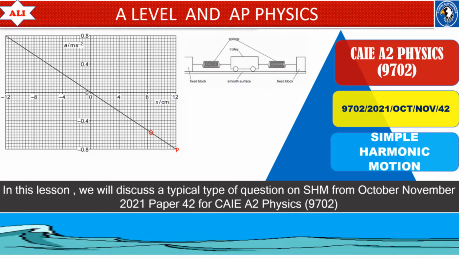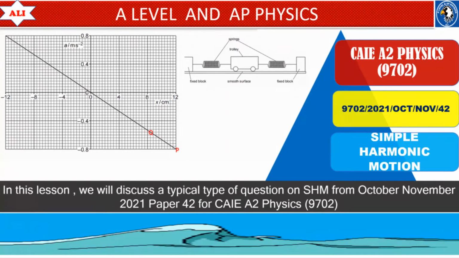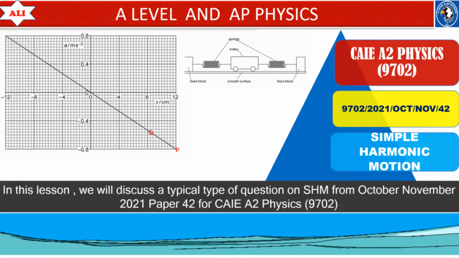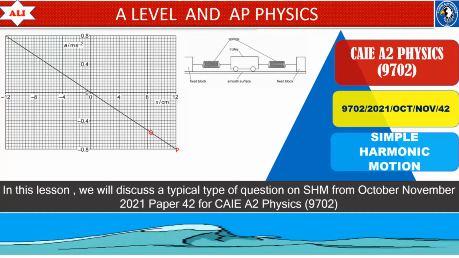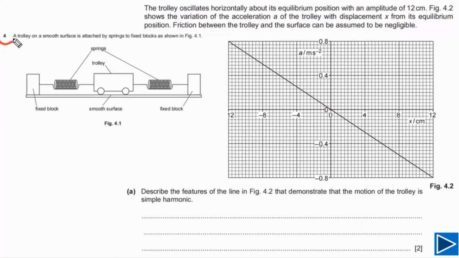Then we will talk about the energy against displacement graph, and we will discuss where the kinetic energy is zero, where the potential energy of an oscillator is maximum, and at what value of displacement the kinetic energy and potential energy of an oscillator are equal. For question number 4, it is given to us a trolley on a smooth surface is attached